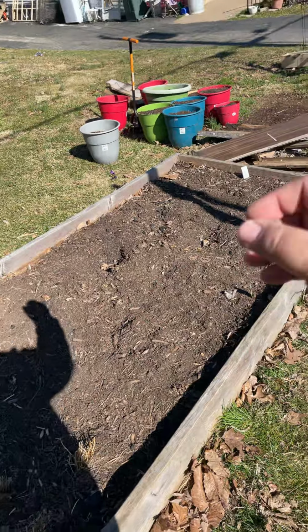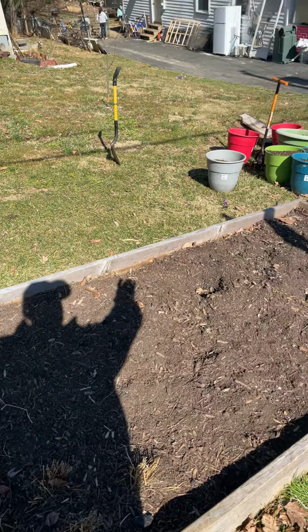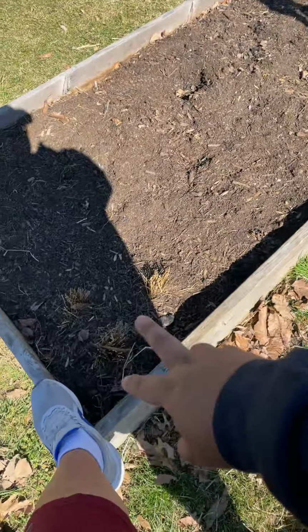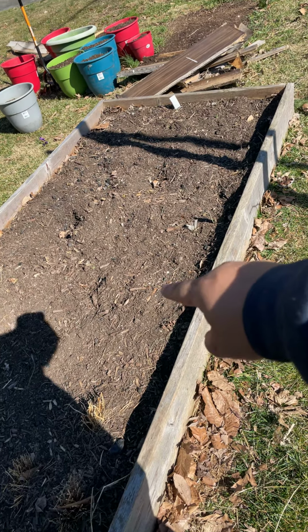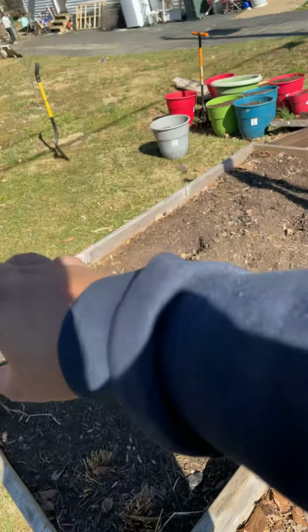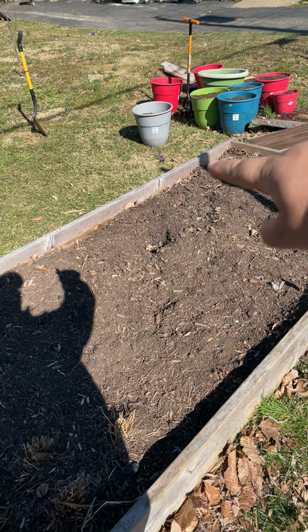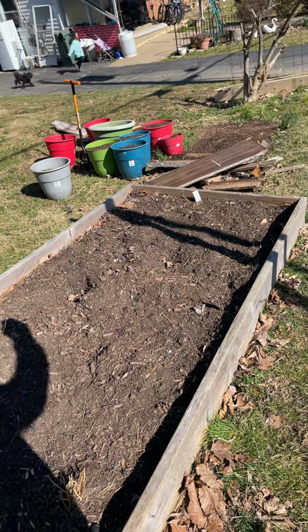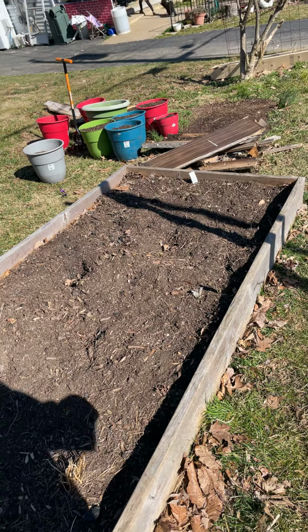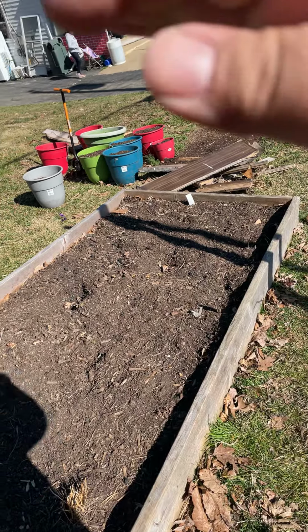Over here, I'm going to be doing mostly peppers. So I have my asparagus here. Over here, I'm going to do Thai chili peppers. I'm going to do some bell peppers here. I'm going to do jalapenos. And I'll have some Thai basil. And I'll have some herbs also kind of mixed throughout. And in the middle there,